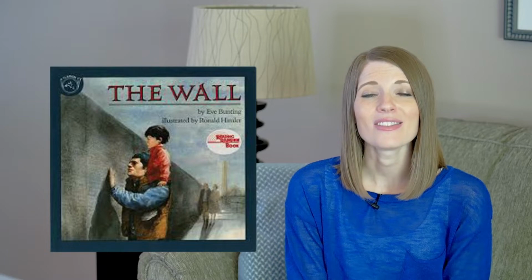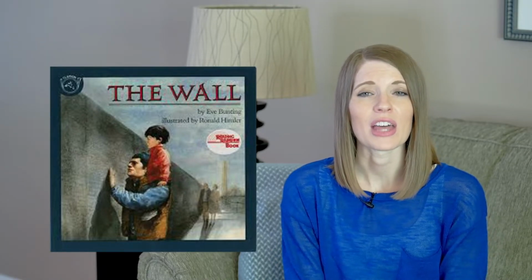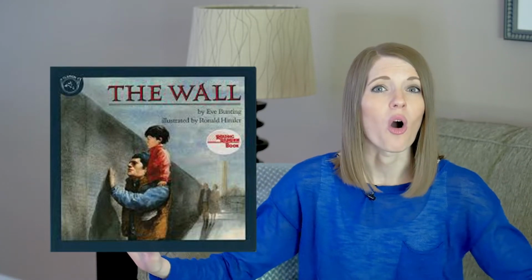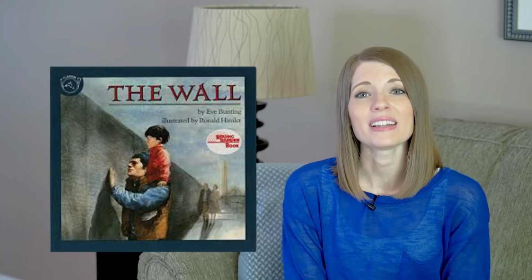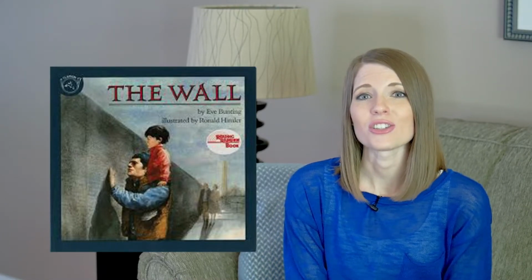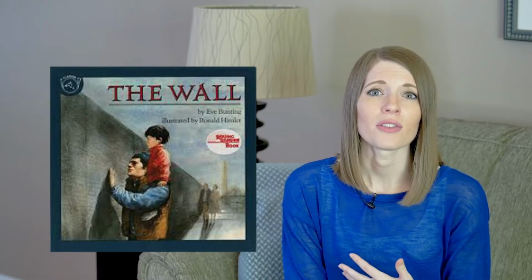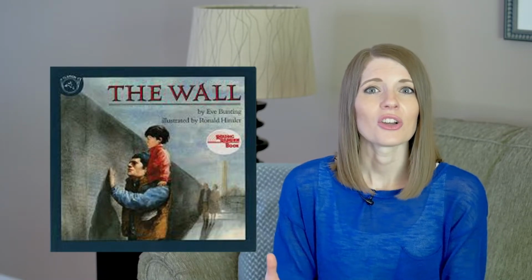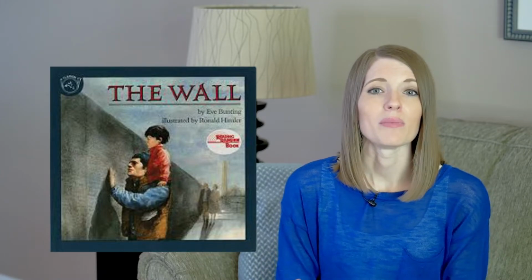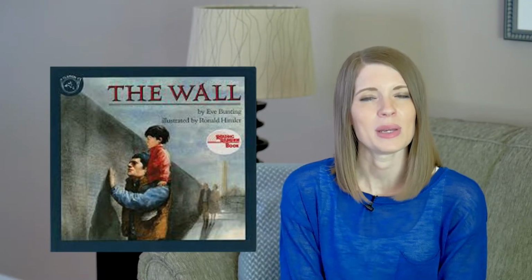And the story is about a boy and his father that go to the Vietnam Memorial in Washington, D.C. And if you're not familiar, that particular memorial is a giant wall, and the names of every fallen soldier is listed on that wall. So the boy and his father, they go and they're actually searching for the boy's grandfather's name on the wall. And as they do, the father's telling him about the war and about soldiers, and you just get to learn a lot about how we remember fallen soldiers in the United States. And so that really had a profound impact on me,